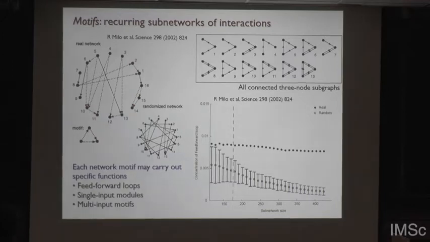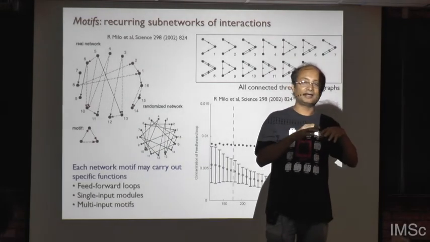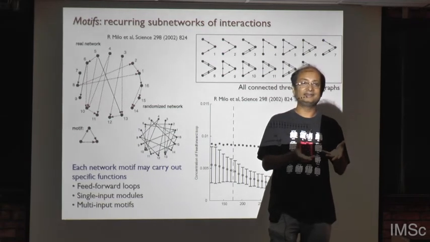Now if you think a moment about it, this operation would leave the degree of the nodes unchanged. A had a connection starting out like this before you did the rewiring. Even now it has a connection starting out like this, and similarly for each of these other nodes. You have not changed the number of connections. What has changed is who they connect to. Okay? And so if you are interested to know whether there are properties of the empirical network which cannot be explained simply by their degree sequence,